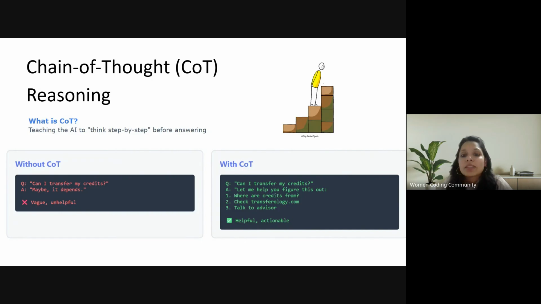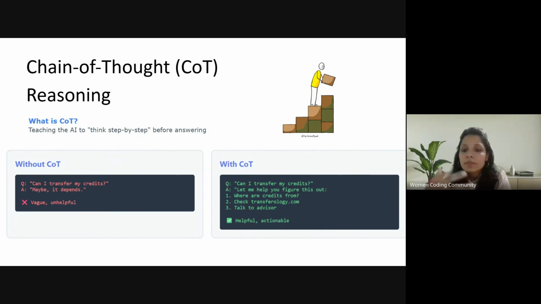So in this case, if we had mentioned to our application that in a specific scenario, when the users are talking about, when you're a banking application, always think it through. Whenever you receive a user query, just think in steps. When the query is, can I transfer my credit? Then let me figure this out. So you are basically asking your AI model to think in different forms, and it might ask you questions again.